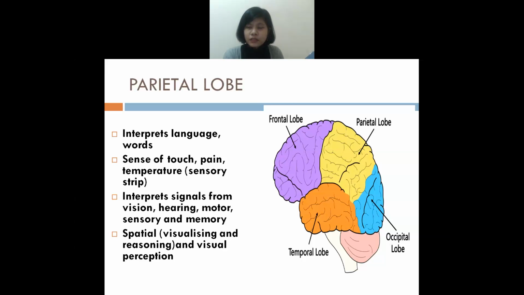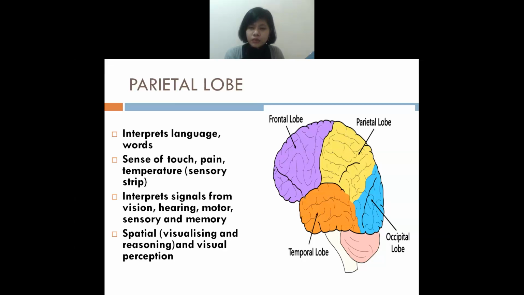Second is sense of touch. Sense of touch means, for example, if you touch anything, just with the touch of that thing you will be able to know it. If you are touching something warm or something cold, you'll be able to know whether that object is cold or hot. So that is the sense of touch.